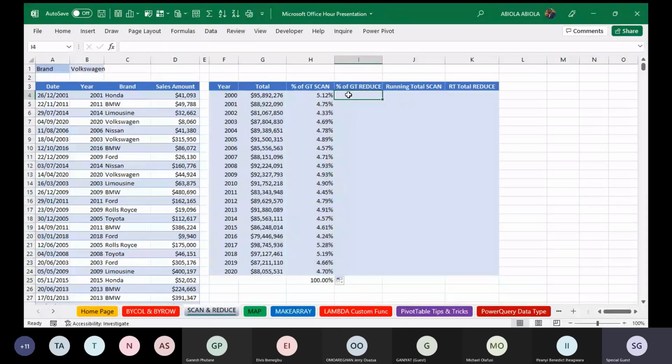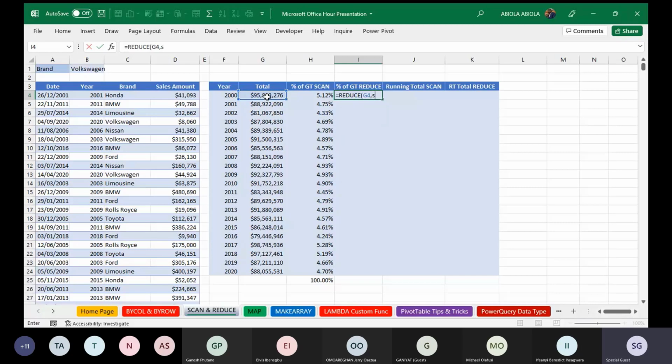Now the REDUCE function is designed to operate just like the SCAN function, but to deliver a single result. But I found out that you can actually use the REDUCE function to deliver not only a single result, but you can even copy the formula down and achieve the same outcome that we got with the SCAN function. Now let's do the same thing, equal sign, REDUCE. The REDUCE function reduces an array to an accumulated value by applying a LAMBDA function to each value and returning the total. Okay, still the same thing, it requires an initial value, which is going to be G4, comma,